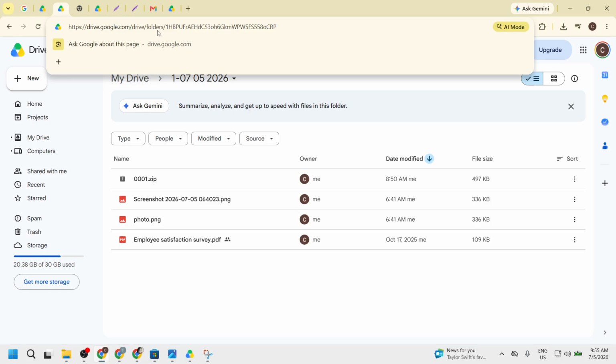from this URL. The folder ID is the long string of random letters and numbers that appears after /folders/. This string is unique to your folder and is crucial for sharing or accessing it programmatically. For example, if the URL is https://drive.google.com/drive/folders/123456789abcdfg, the folder ID is 123456789abcdfg. Understanding how to identify and extract this ID allows you to share the folder more efficiently or integrate